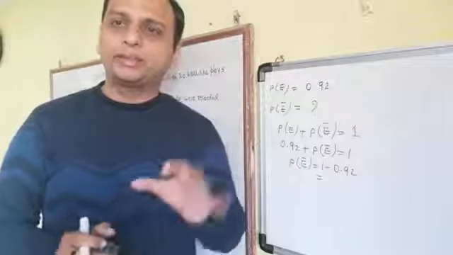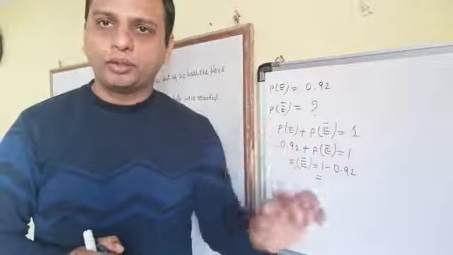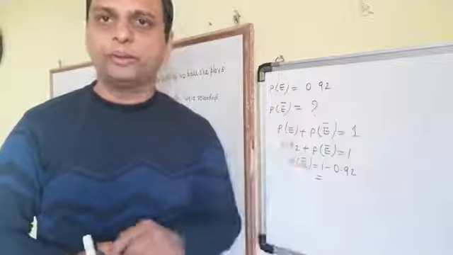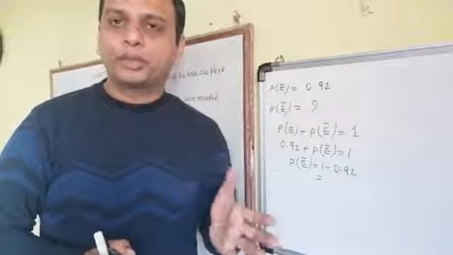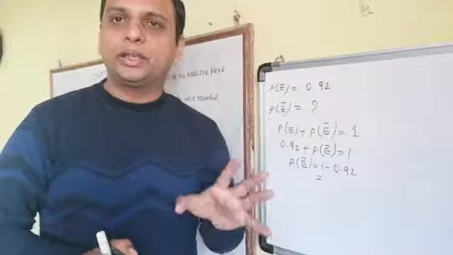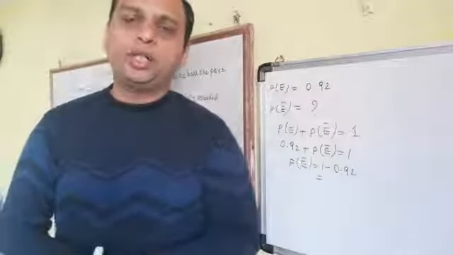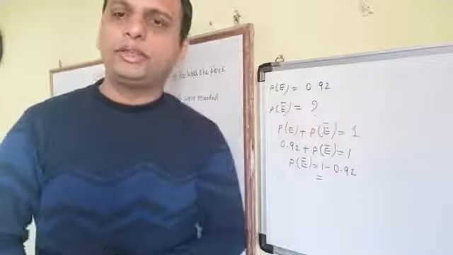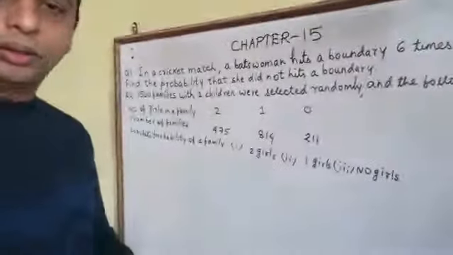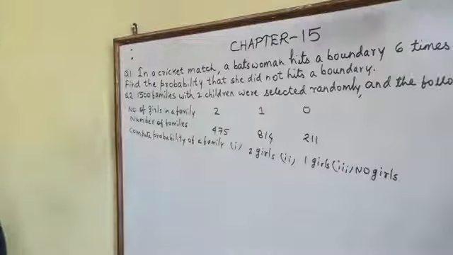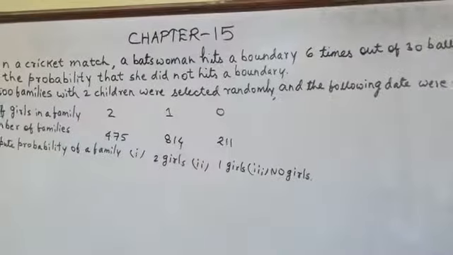Now in the exercise, some questions are very lengthy, so I am not going to write the big questions. You just refer to the book. I will tell you which question I am going to solve. In exercise 15.1 we have only one exercise and a few questions. I hope that by solving the first and second questions, it will be clearer how to solve them. This is the easiest chapter we have in the syllabus. This question is already written on the board. You can see this is the first question of exercise 15.1.